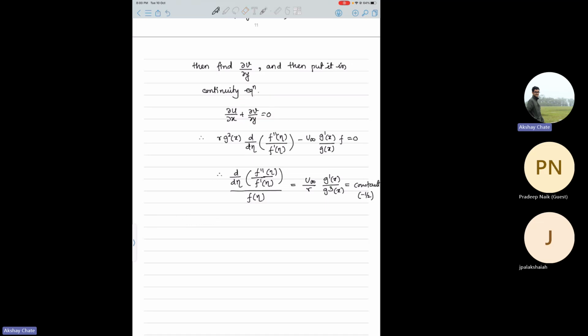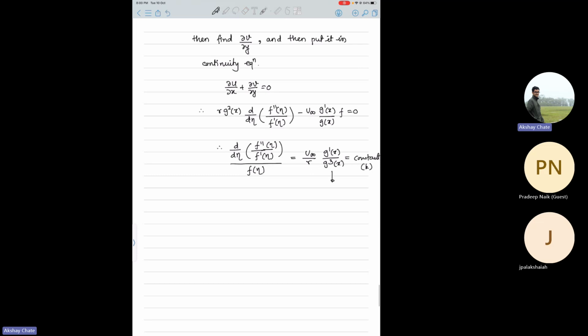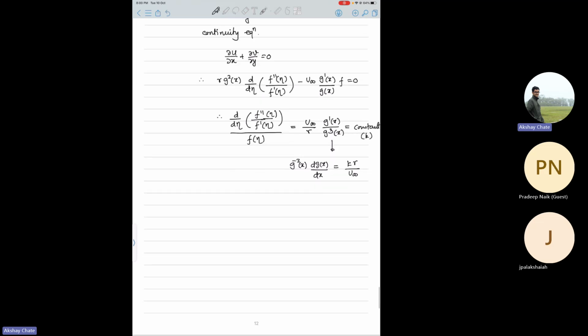So you do one thing, you assume it as some constant k, and you solve this equation. So what you get is g power minus 3, g is also a function of x, into dg of x by dx equal to some constant k gamma by u infinity, right? This is a constant. So now you integrate the terms with respect to x, therefore you get g to the power minus 2 divided by minus 2 equal to k gamma x by u infinity plus some constant c,